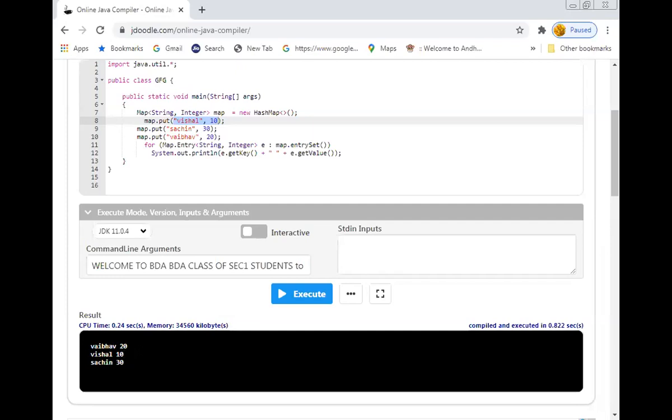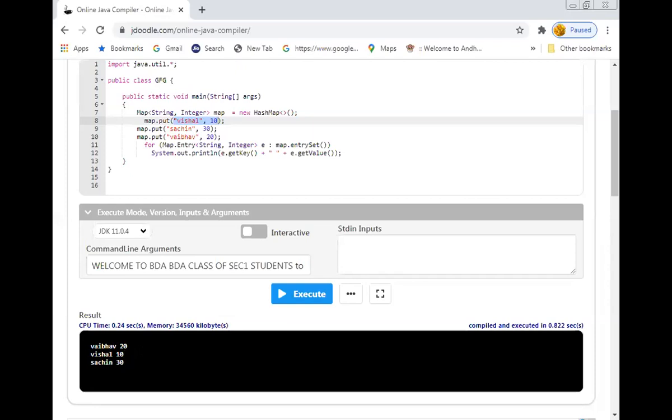Definitely it takes some time, even if you enter 3 elements or 2 elements into your map collection. Hash map does not bother about the ordering process.